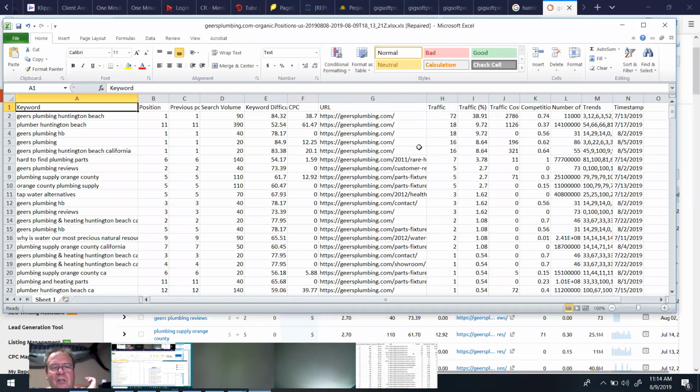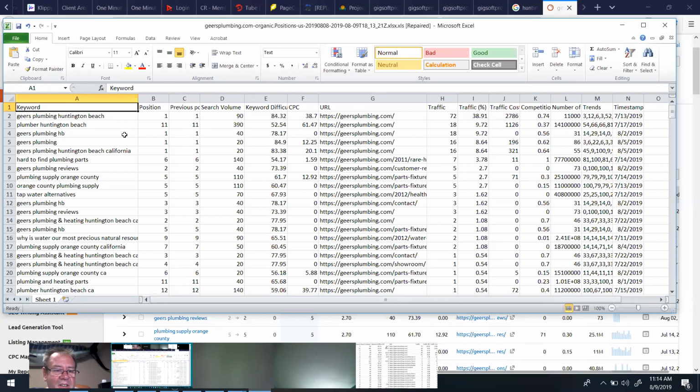Another thing this will show you is their percentage of traffic. This is a really cool thing. When you can talk to the people about this level behind the scenes, and they haven't given you access yet to anything, and you know this much information about them, that kind of blows their mind. You can say, were you aware that Gears Plumbing Huntington Beach, that particular keyword, is bringing you 39% of your traffic? And it's a keyword that only people that know your name are coming to you from. That could be an eye-opener. That could be a shocker for them for you to bring that to their attention.